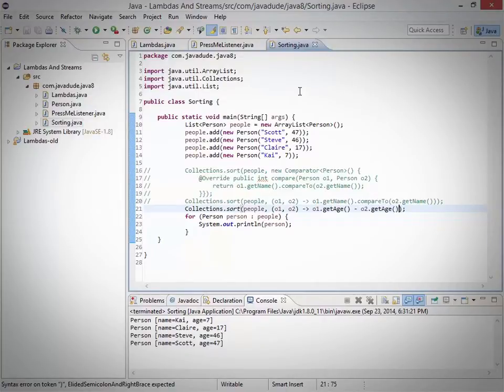Okay, so let's see, I got those in there. So let's say you want to define your own lambdas. You want to define something that takes a lambda and processes with it. Well, all you have to do is create an interface for it. Now what I'm going to start with